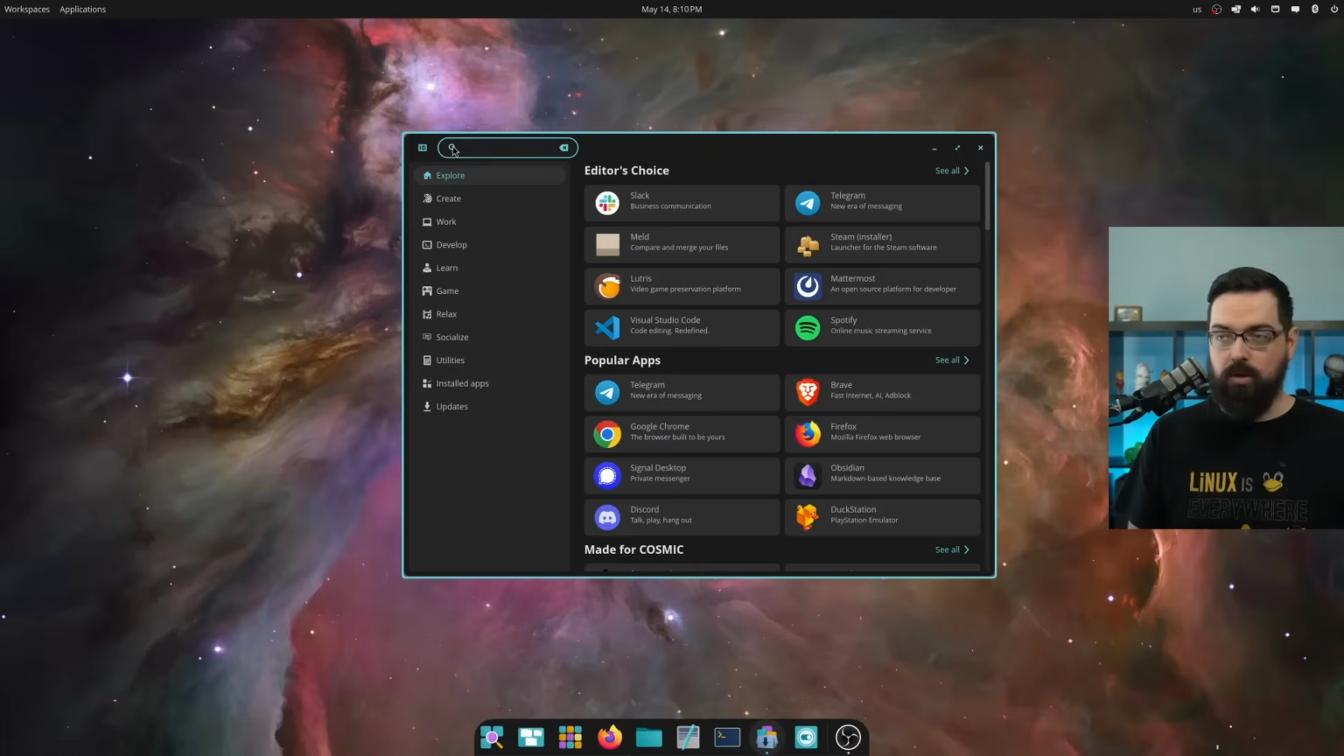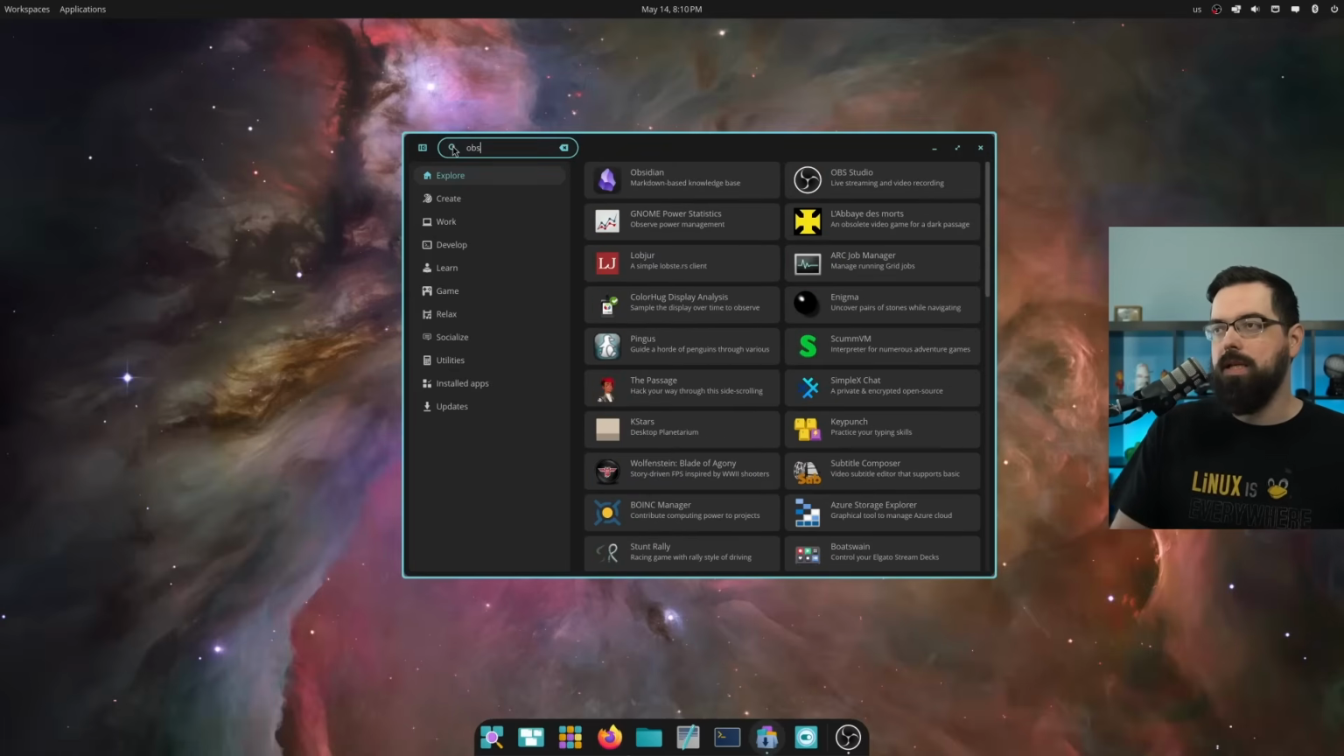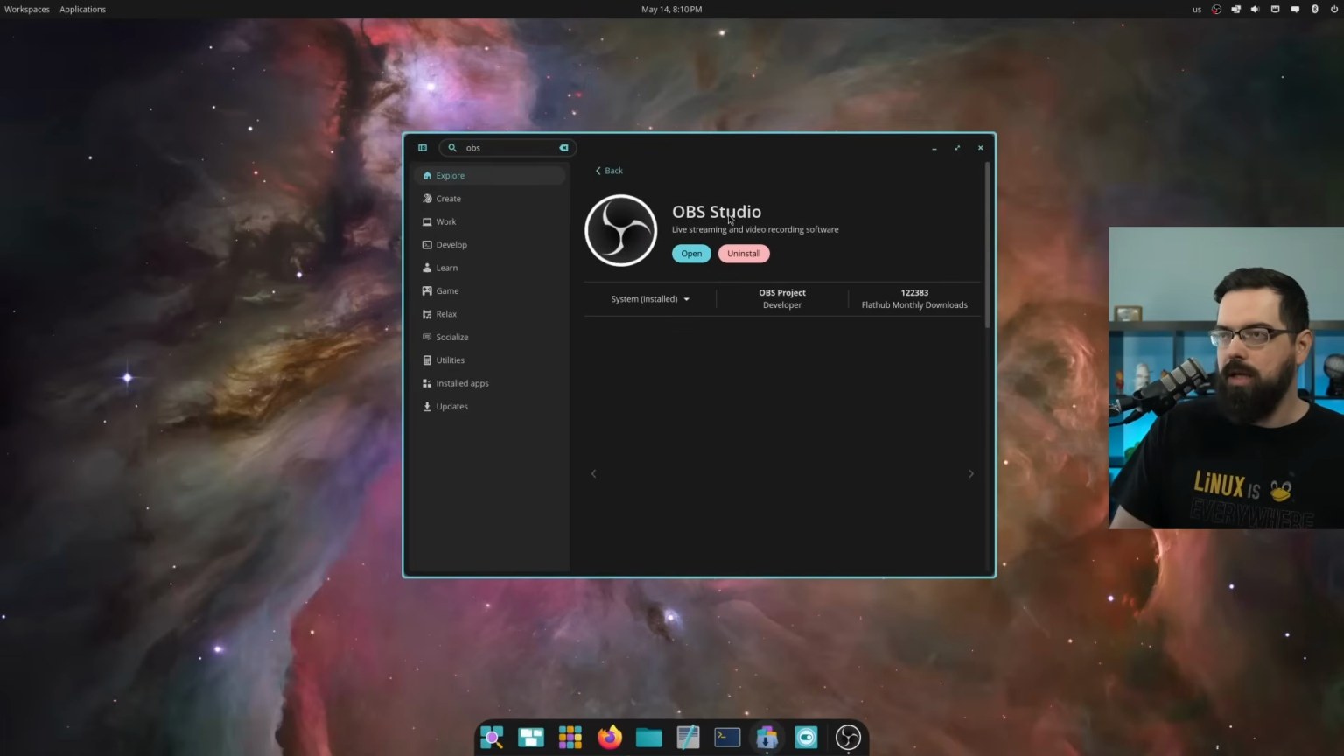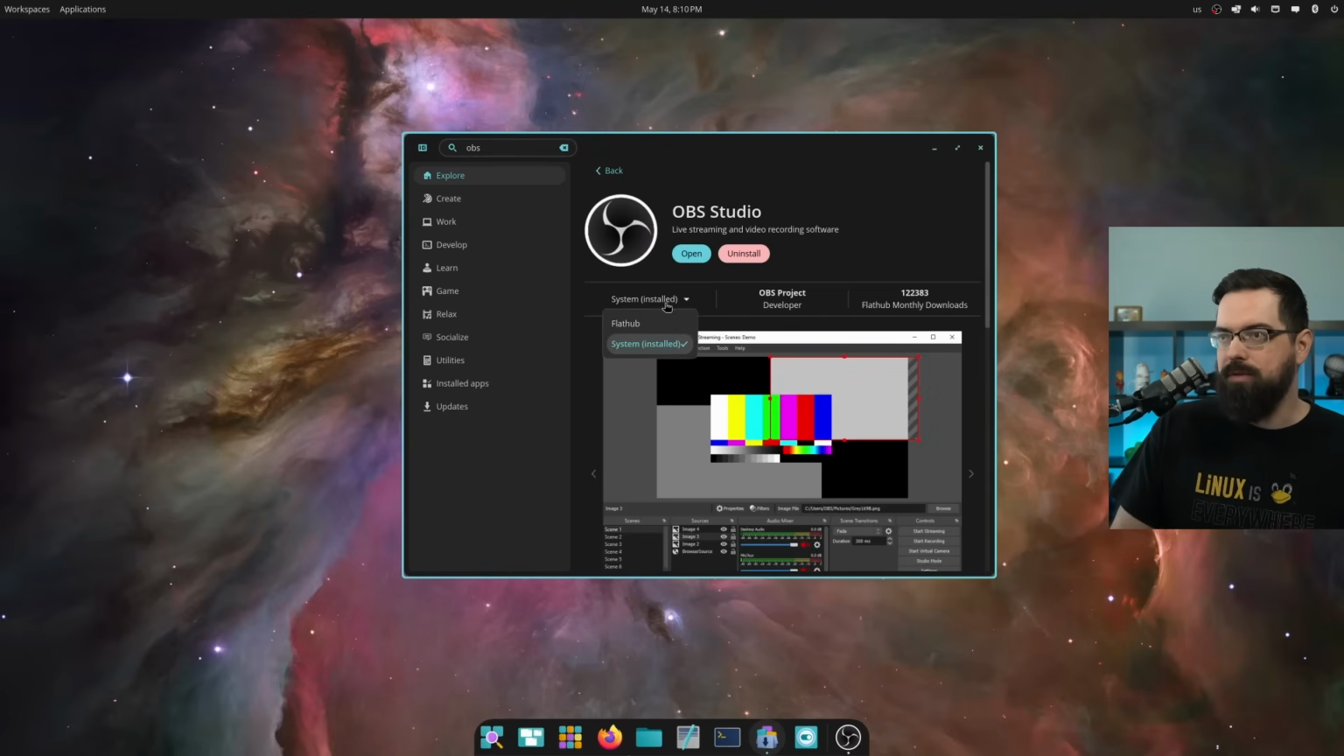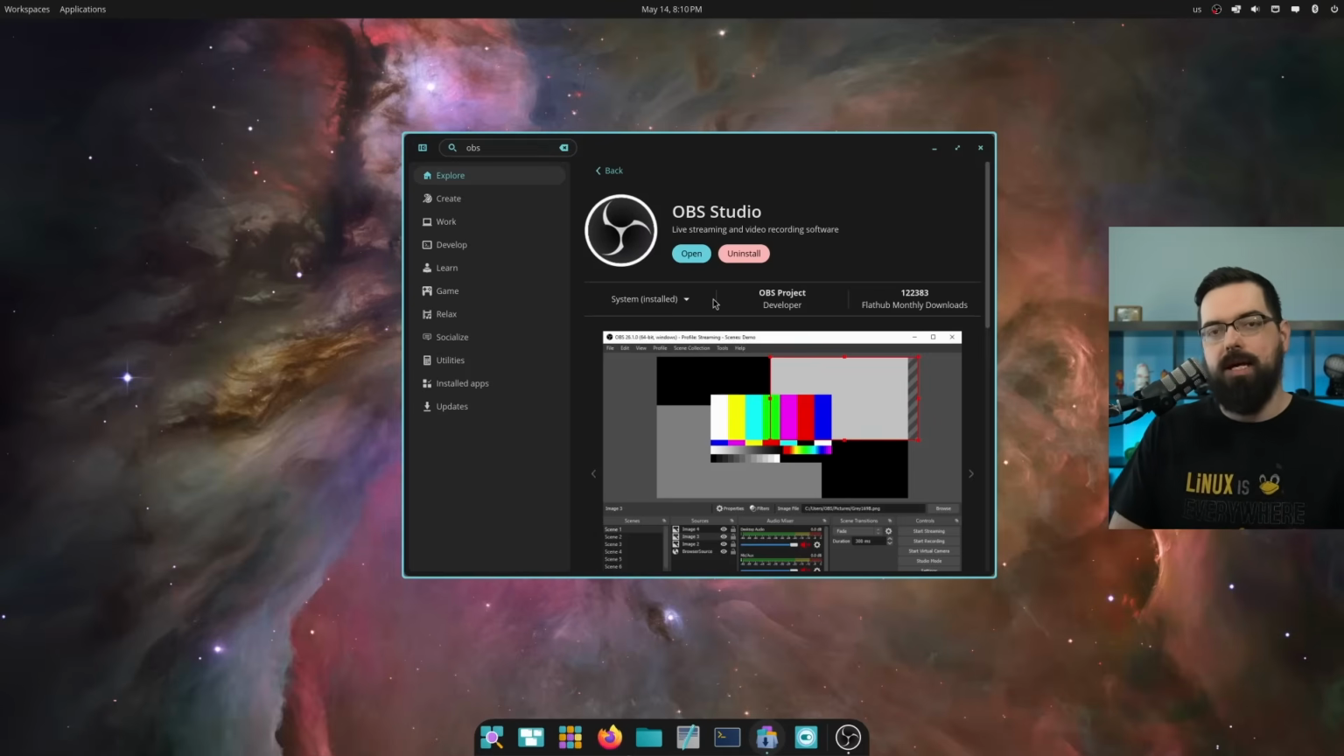But I do have a few things that I have noticed in my setup of OBS. One of the things I notice is that when I go to the OBS section on the Cosmic Store, you'll see there are options to install: system installed or Flatpak installed. Now, I first did the Flatpak install, and it worked fine. The problem with the Flatpak version is that I wasn't able to install plugins,